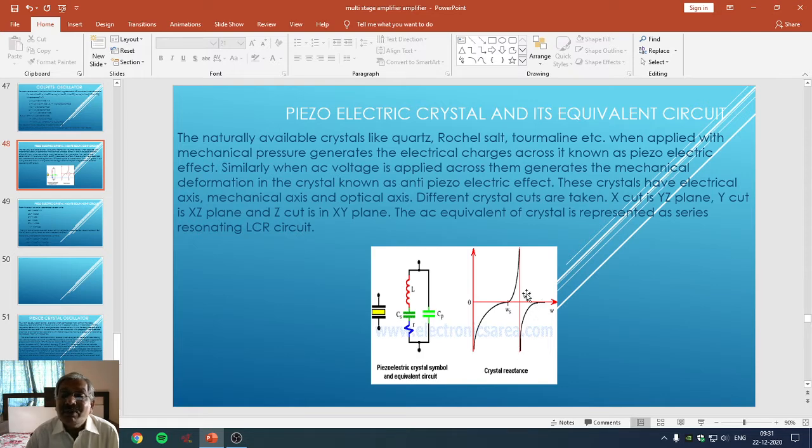So this is represented as omega p is equal to 2 pi Fp, that is the parallel resonating concept, whereas on this side there is a representation of the series resonance concept. So this curve is possible for the series LCR circuit, whereas this one behaves as an LR, and to that there is a capacitor Cp connected in parallel. So under that case, the resulting curve will be like this.